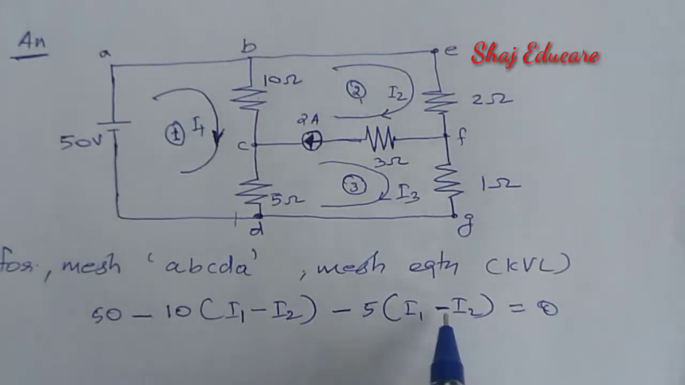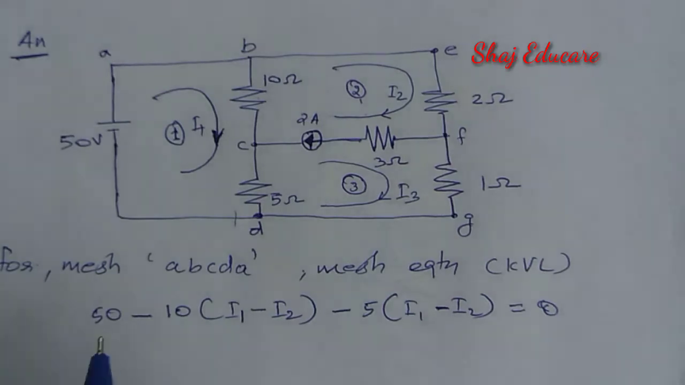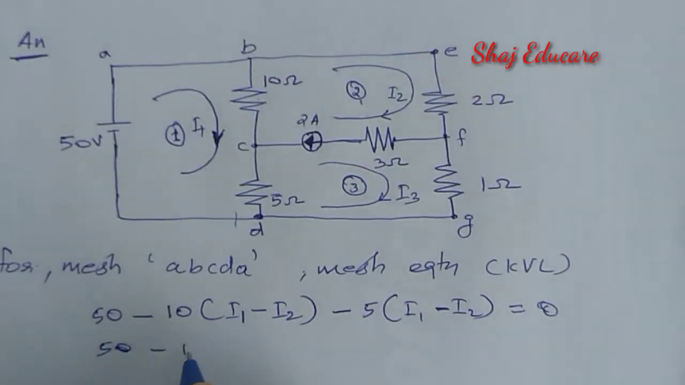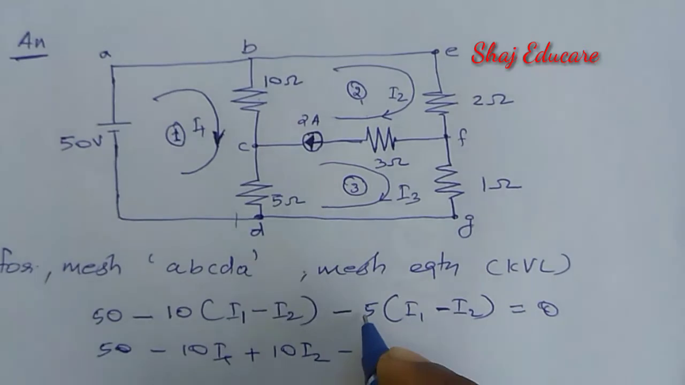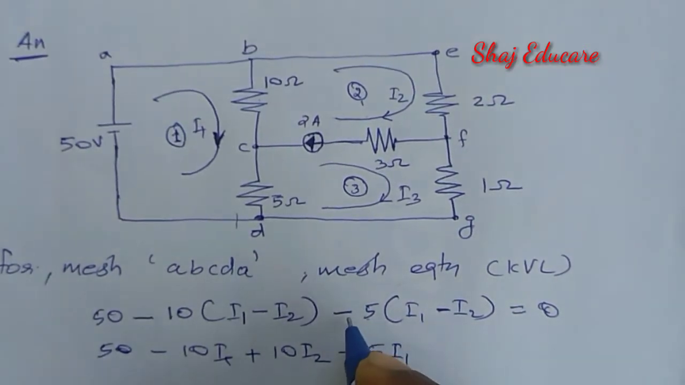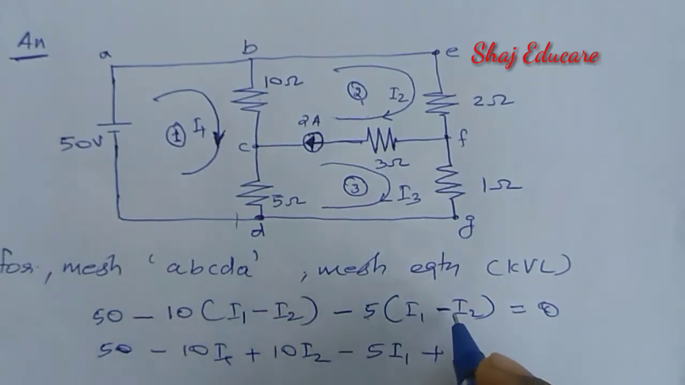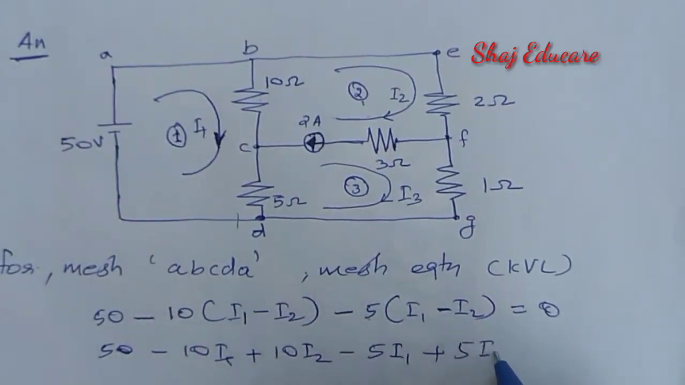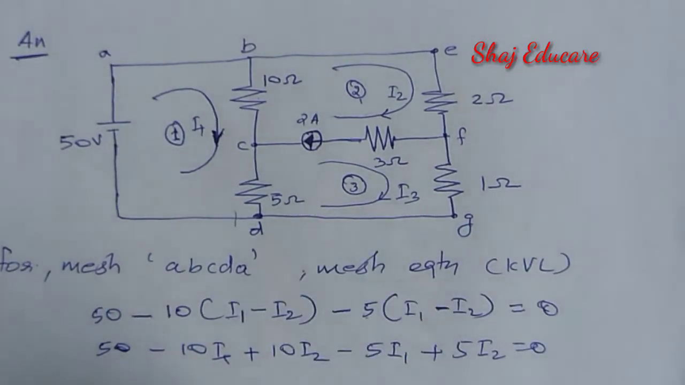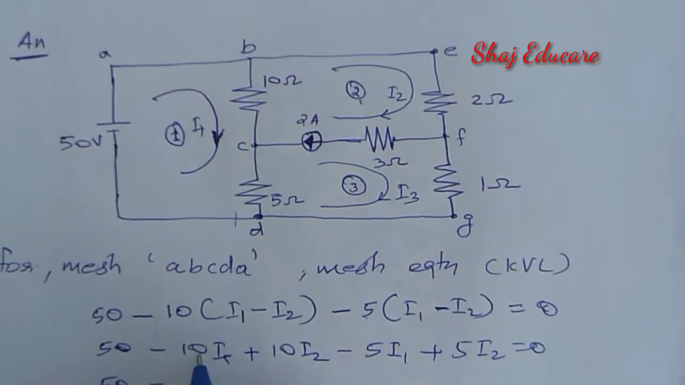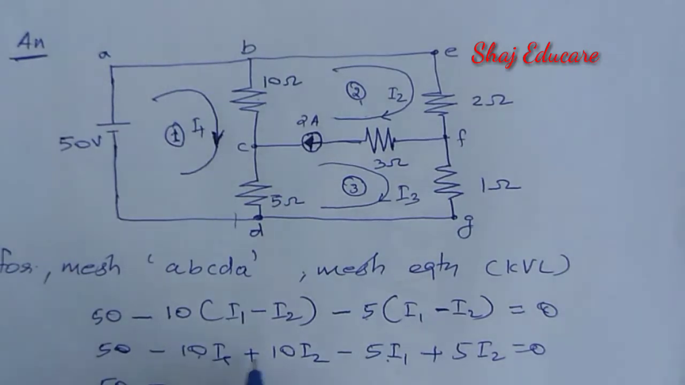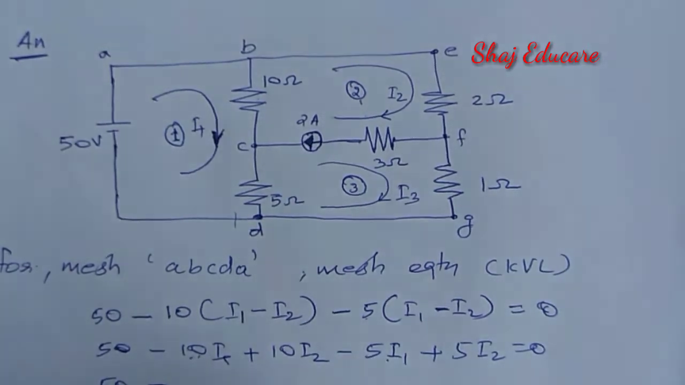Now expand these brackets and rearrange it. Then we will get 50 minus 10 into I1, minus into minus becomes plus 10 I2, minus 5 I1, minus 5 into minus I3 becomes plus 5 I3, equal to 0. Therefore, we are getting 50 equal to minus 10 I1 and minus 5 I1. So let us take the effective currents as minus 10 minus 5 gives minus 15 I1, again plus 10